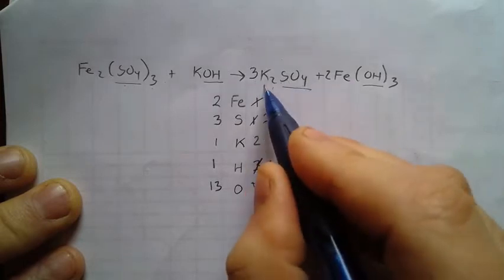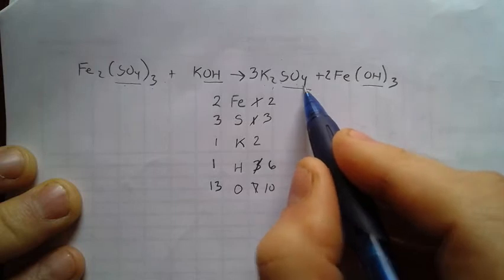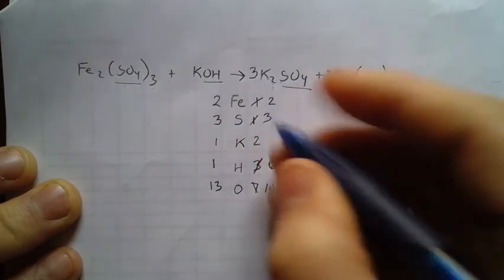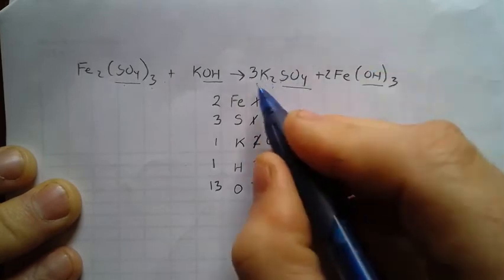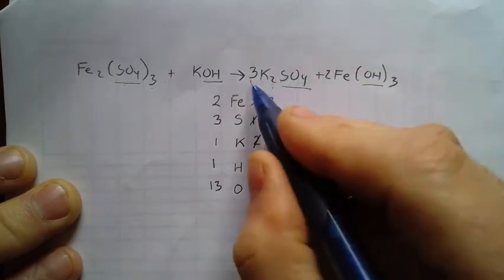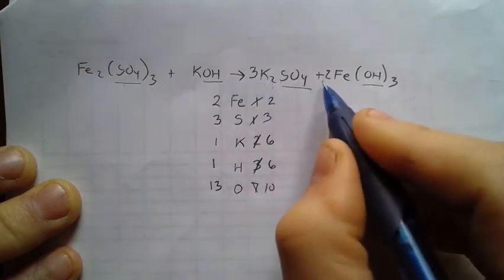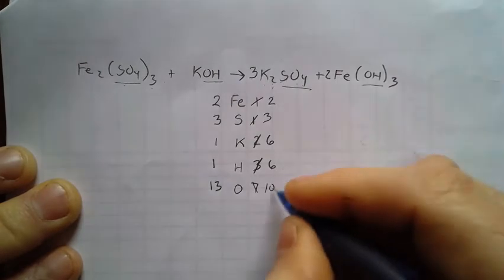But that also changes both potassium and oxygen. So the potassium is 3 times 2 is 6 potassiums. And then sulfur, sulfur's already done. And then oxygen, 3 times 4 is 12, plus 2 times 3. So that gives us a total of